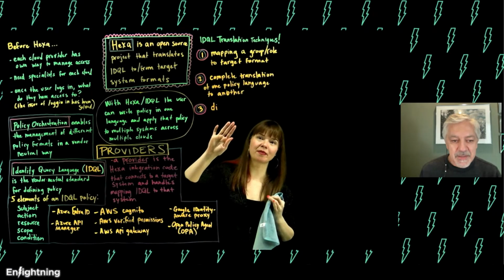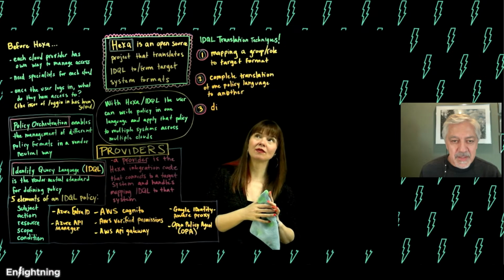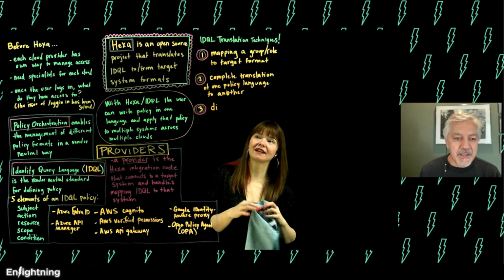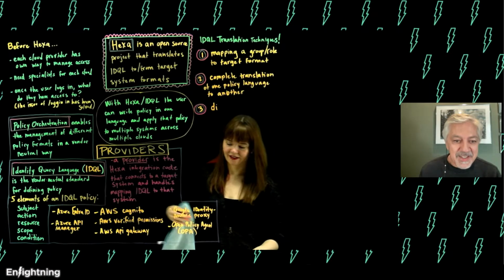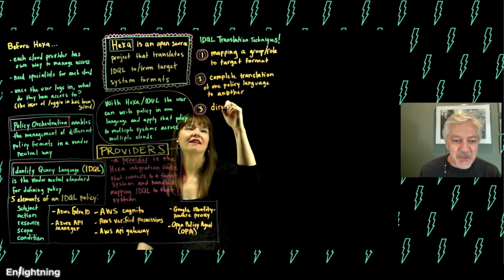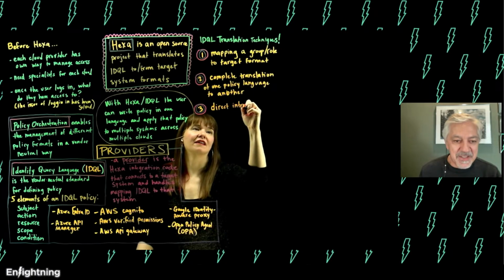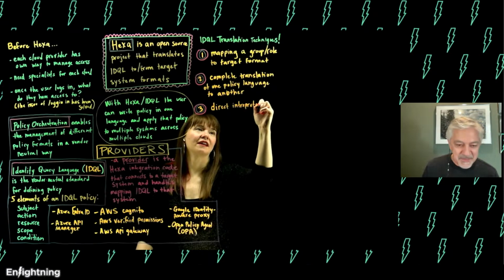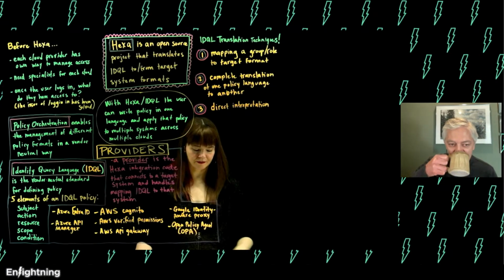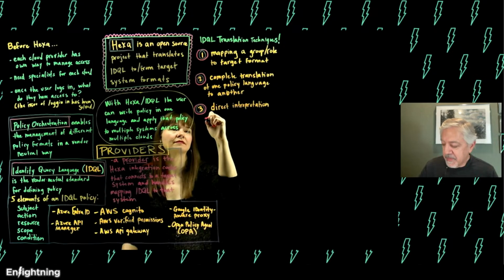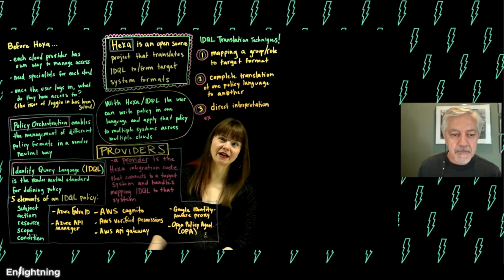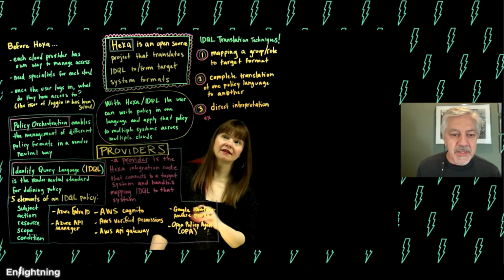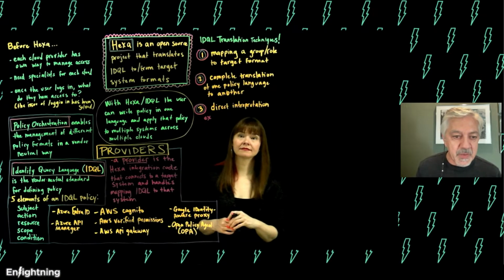Can we write the Rego specific part into the number 3, or is it more of a technique? I would characterize it as a technique. The technique is direct interpretation, and the example would be for Open Policy Agent. How about that? Okay. Hexa related Rego that interprets IDQL. Yeah, so the example would be our integration with OPA.